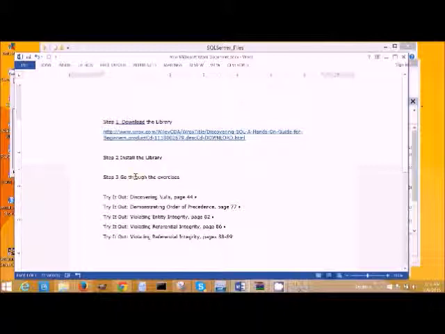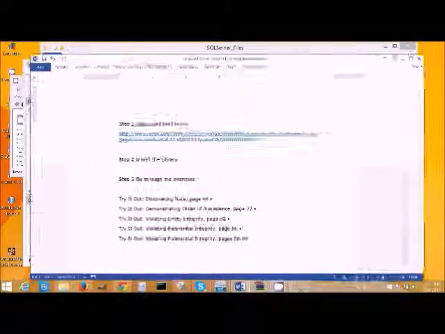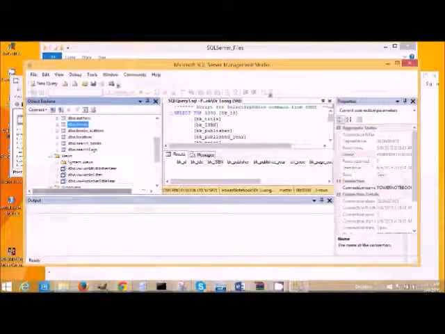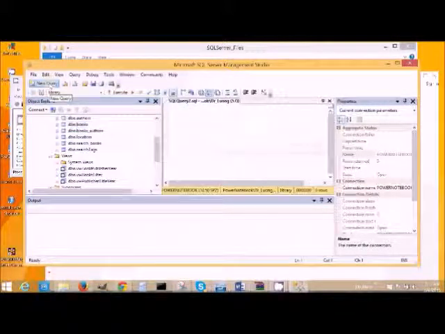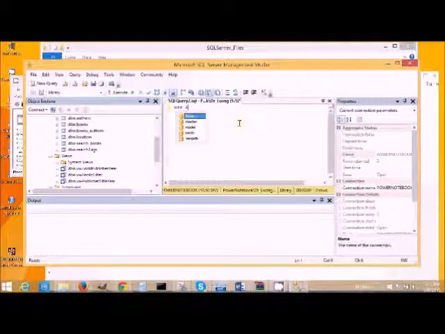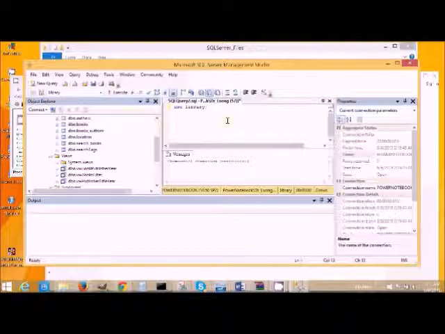Now, let's go to step 3 and see if we can execute some queries. On the top ribbon, there is a tab called New Query. That is where you go to start a new query window. You always have to make sure that you are in the right database when you execute any query. The safest way is to use the use command. In this case, use library